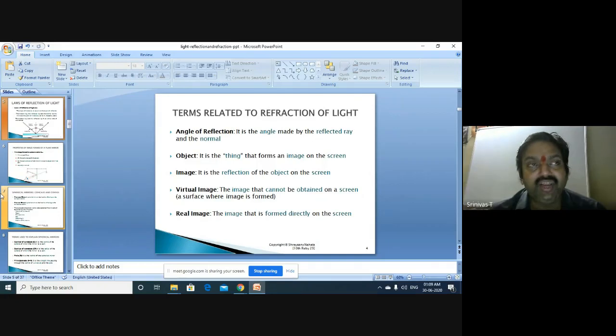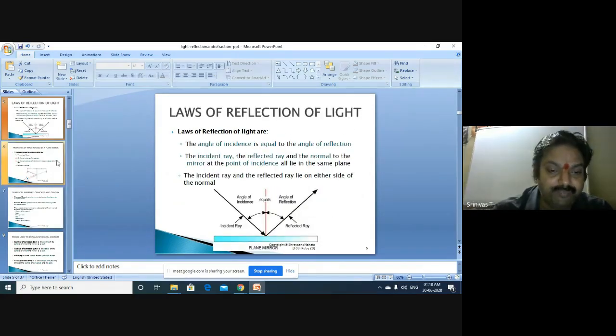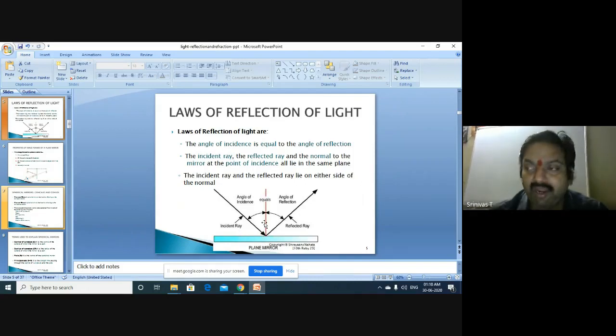Next, the laws of reflection. Anyway, we have seen this in earlier classes. Let me point here: this is the surface of separation, and it can be a plane mirror as well. If you assume a light ray getting incident in this direction, this point is said to be the point of incidence. From here, because the light ray bounces off into the same medium, it is called the reflected ray. Once the incident ray and reflected ray are known, the normal is the perpendicular drawn at the point of incidence to the surface of separation, the red line.